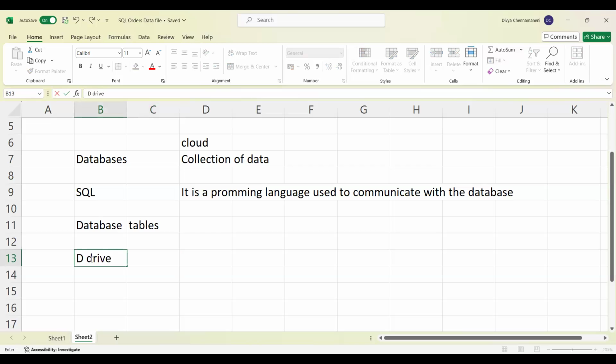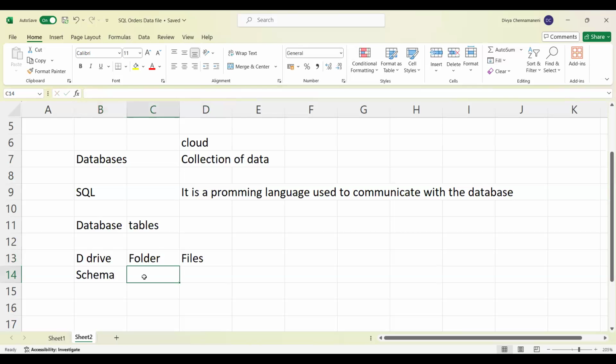Inside the drive we create folders, and inside the folders we create files. Here, the D drive can be understood as a schema. We will have something called a schema, and inside the schema there will be a list of databases.